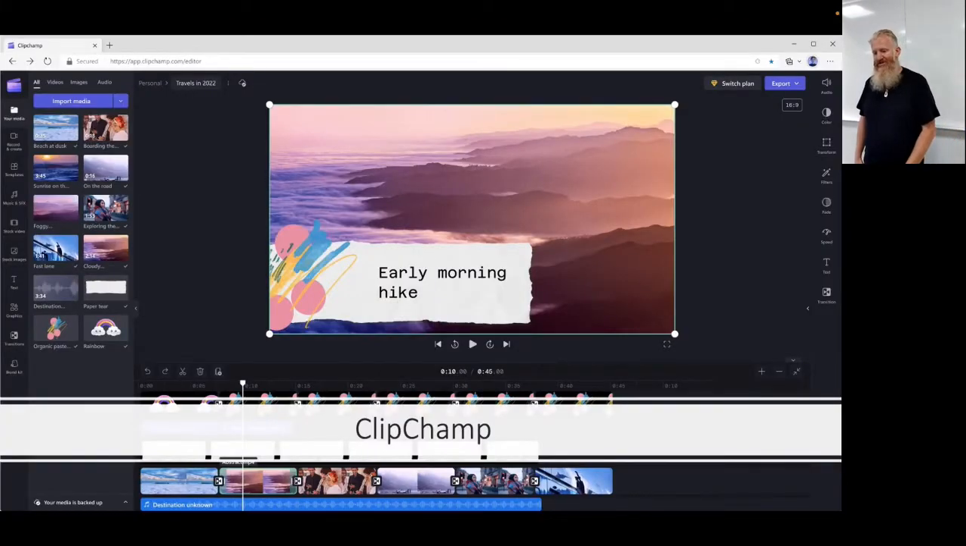A new app called Clipchamp. Anybody use that yet? Yeah, me too. That is one you can download on your phone right now. Clipchamp will allow you, say you just took a video, your ability to then